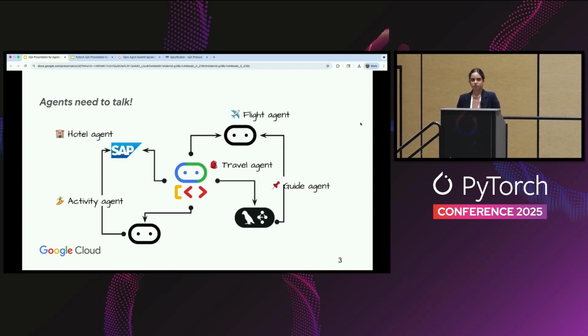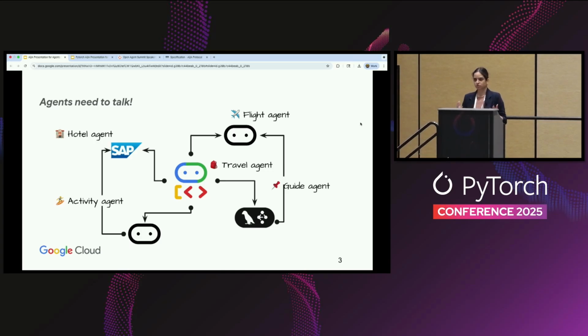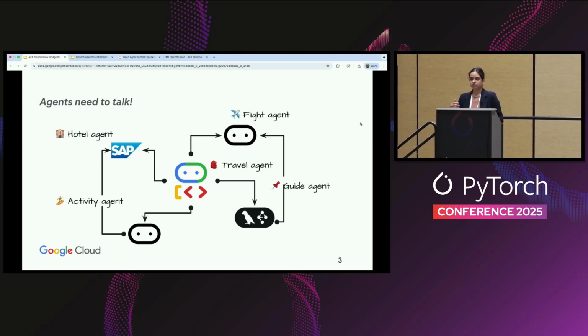I'm going to start with a cookie cutter example of a travel agent or a trip planning solution. Let's say you're a developer and you're trying to build a trip planner. You would want to have, let's say, a hotel agent, a flight agent, an activity agent, and so forth. But typically, as developers, you don't want to be building each of these agents from scratch. Instead, you want to be able to leverage existing services out there, and these services may have tried and tested agents for some of these use cases.